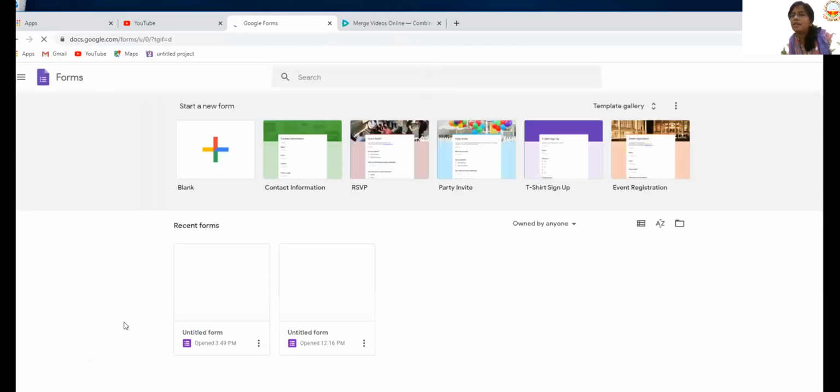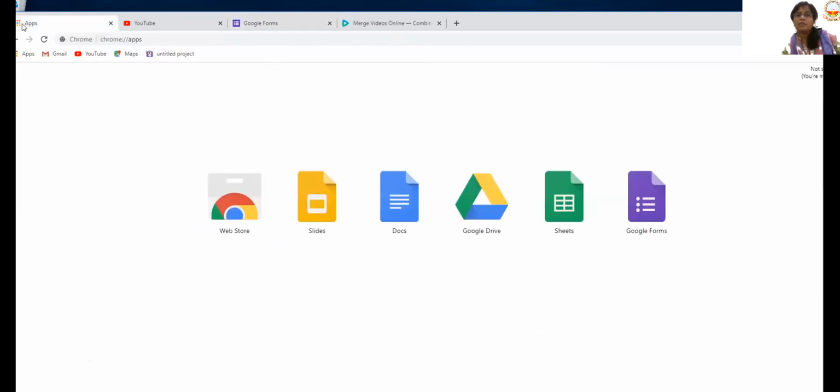And I have signed in through my Gmail account. You can also sign in through your Gmail accounts only. Once you start, they'll ask you to sign up using your Gmail account. Another way around is just simply go to a Chrome